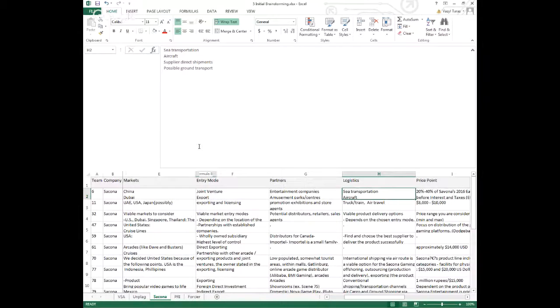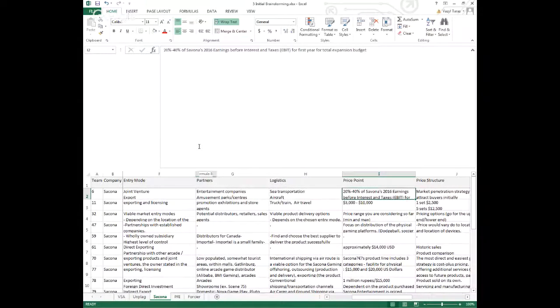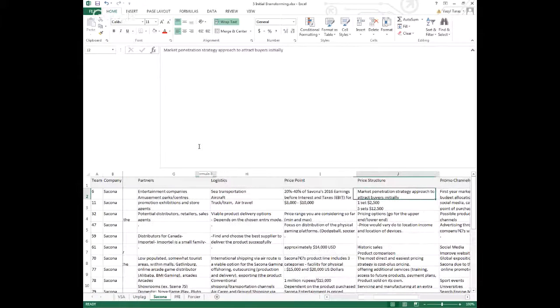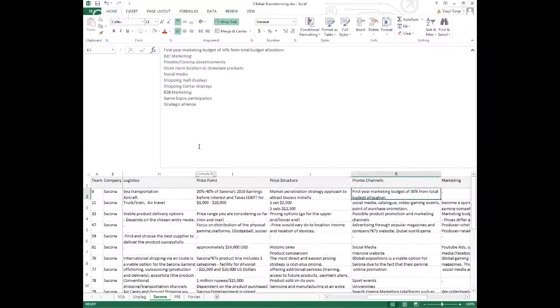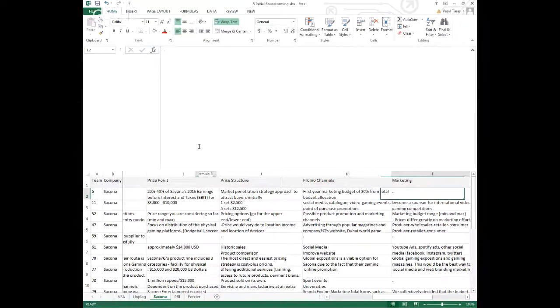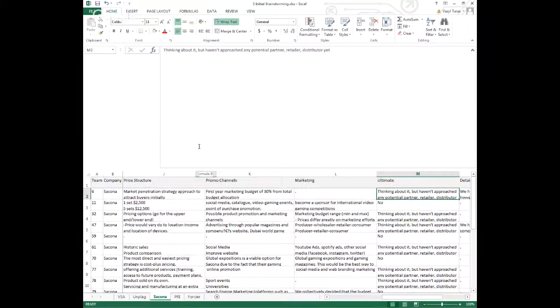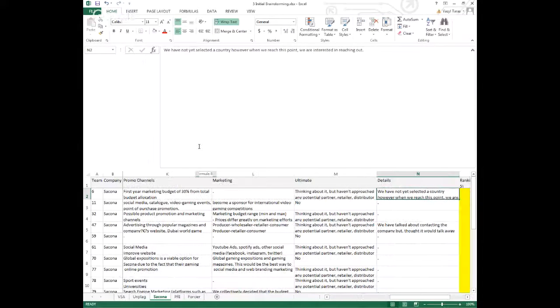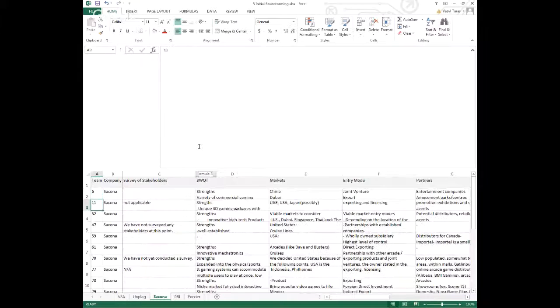Some transportation options. It looks like they looked at everything. They have some pricing options and price structure that they discussed. Not bad at all. They looked at a number of promo channels. In fact, they have quite a few here, so it looks very good. They didn't really do anything in terms of the market. And they thought about testing their proposal viability in terms of trying to get a contract, but haven't done much so far. So we got some idea, but let's look at the next one.